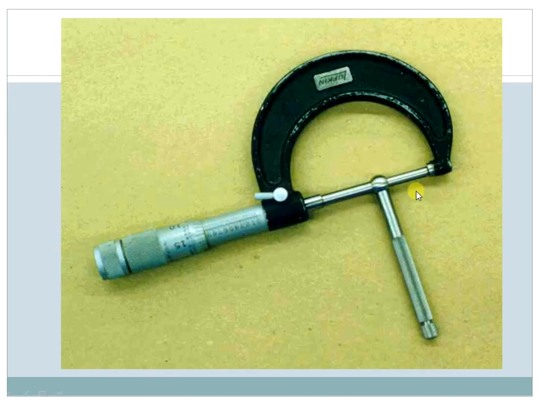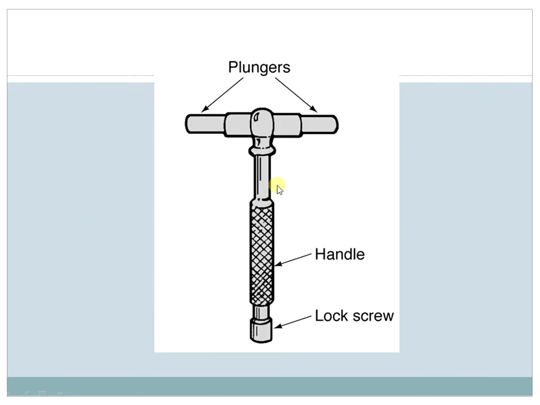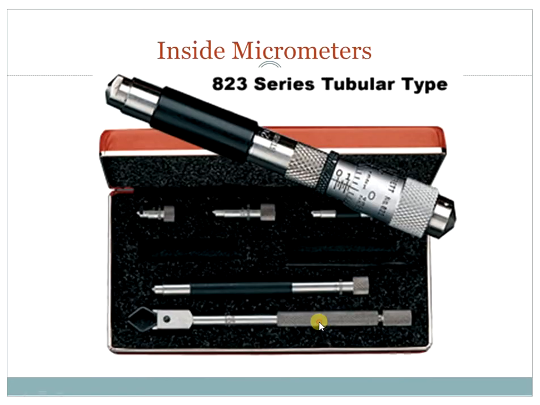We set the value for any bore dimension, and then that set value is pressed over here and fixed, and it can then be measured with the help of a micrometer. So these are the different parts: the plunger, which is movable with a retractable spring; then a handle with a knurled part for handling; and then a locking screw, as I told you. Then we have the inside bore diameter